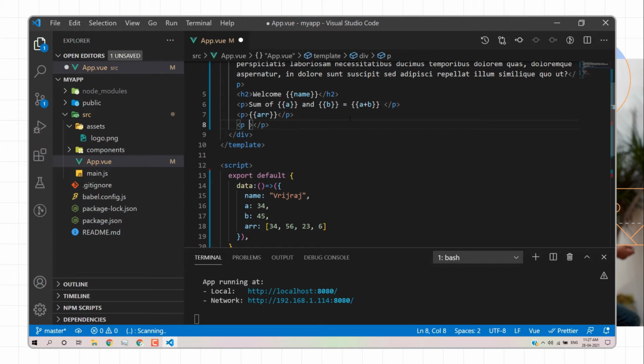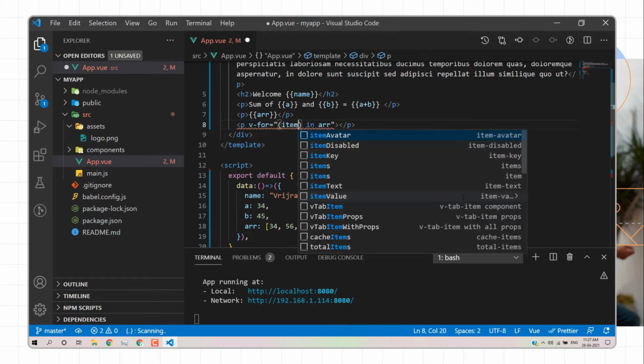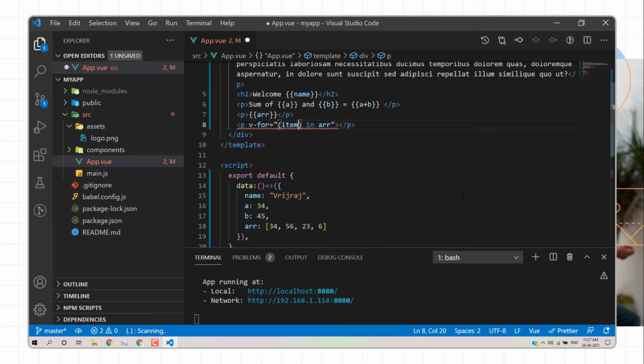Inside we have to pass two things: from which element we need to perform the operation. So we have the array, and then we will get the item and the index. Basically this is the syntax, and this will be the unique key. My unique key is the index.